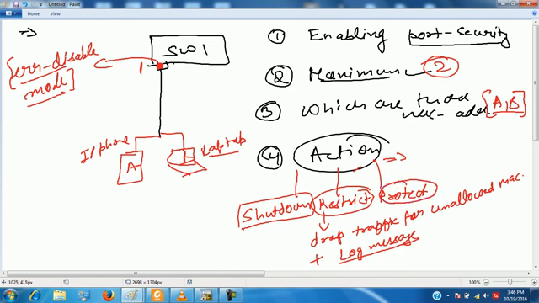But what will happen in protect? It will only drop. No log messages are generated. Clear? So, shall I show you the practical now for port security?